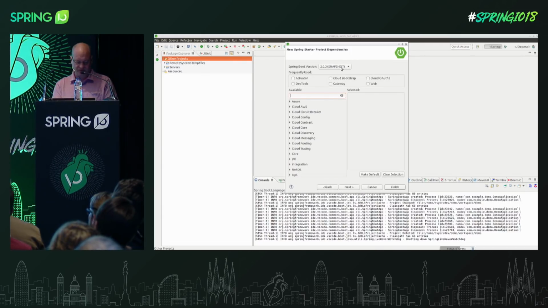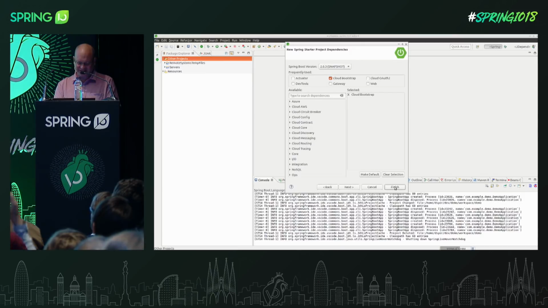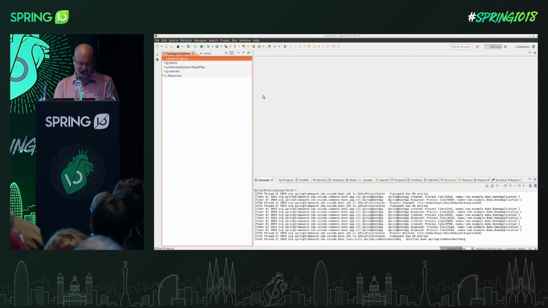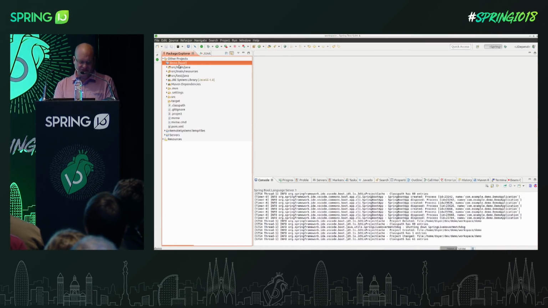Josh's favorite place on the web, the Initializer. I'm going to use snapshot because I want to use a snapshot of Spring Cloud Function. Spring Cloud Function isn't quite a checkbox. There's a pull request for a checkbox, so it's in that state. I'm going to install a different piece of Spring Cloud, and